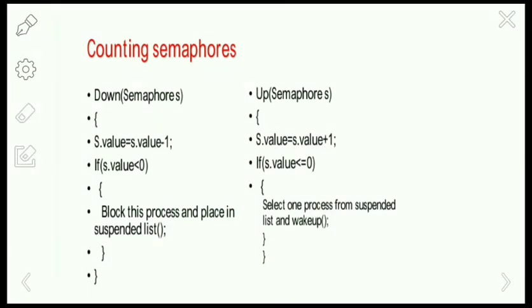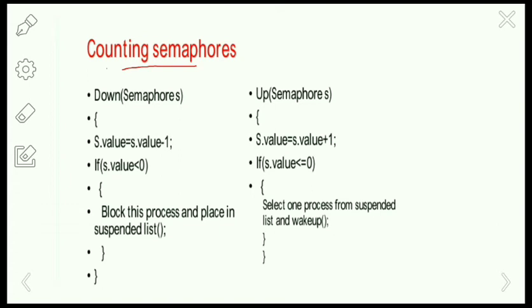In the counting semaphores, we are going to perform the down and up operation on the positive value. So counting semaphores may be any integer variable. Okay, that is any positive variable here. So we are going to perform the semaphore operation on the critical section. So these two operations, that is down and up operation, are performed on the critical section.